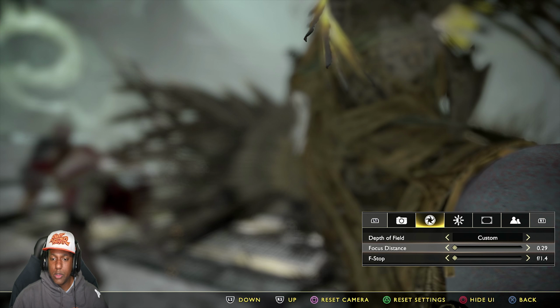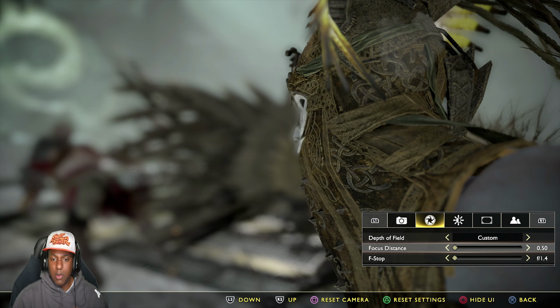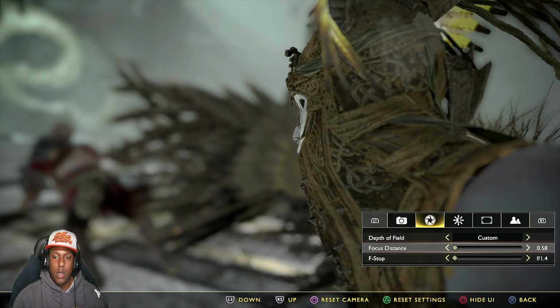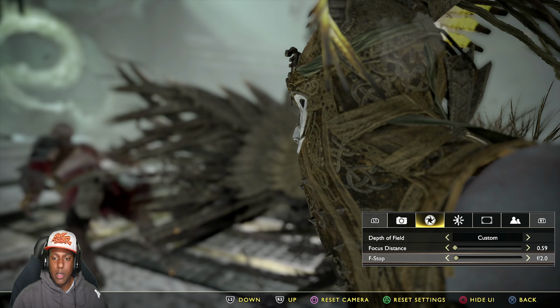Okay, so the closer you get to this, the harder this is going to be to focus. So now we've got her in focus. It is the main thing I want in focus, and Kratos is completely out of focus, which doesn't really work for the shot. So we're gonna bump this up a little bit, try and get a little bit more into this,